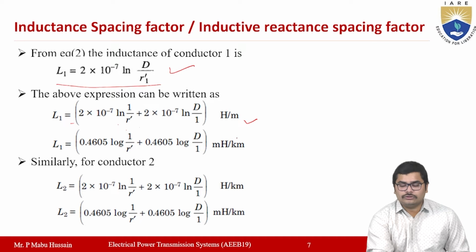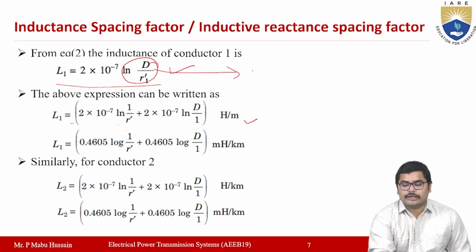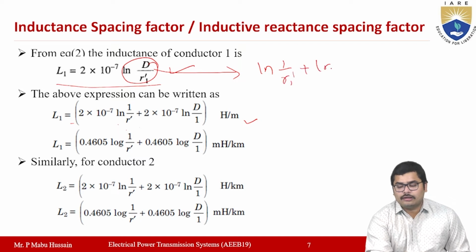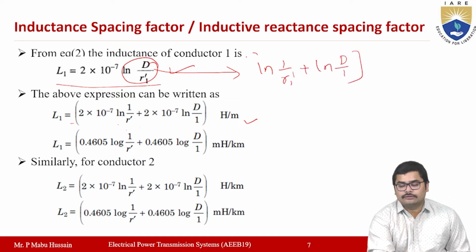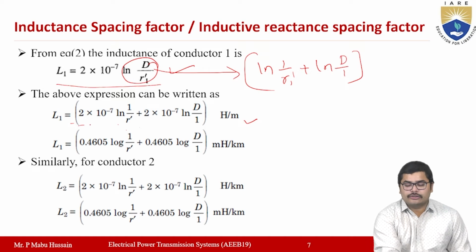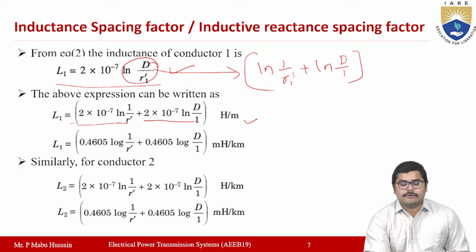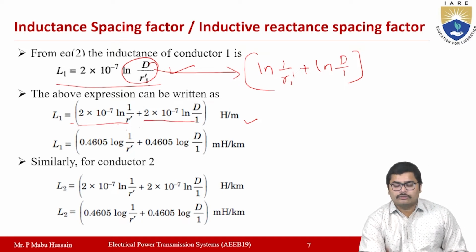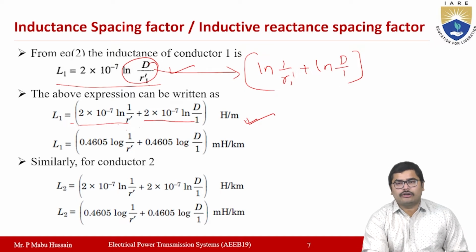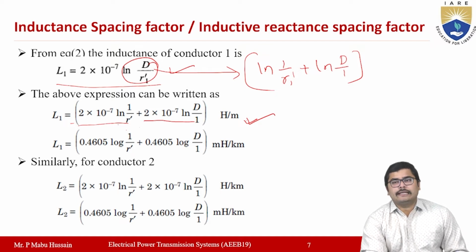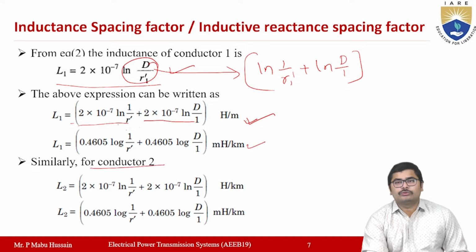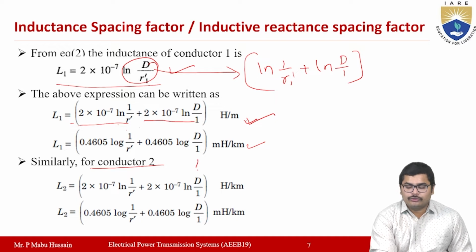Here this ln term we are going to write as ln 1 by r1 dash plus ln d by 1. If you expand this, you will get 2 into 10 power minus 7 ln 1 by r1 dash plus 2 into 10 power minus 7 ln d by 1. This is in henries per meter. If you convert that into logarithmic terms and henries per meter into millihenries per kilometer, you will get this equation. Similarly, for conductor 2, the inductance equation is